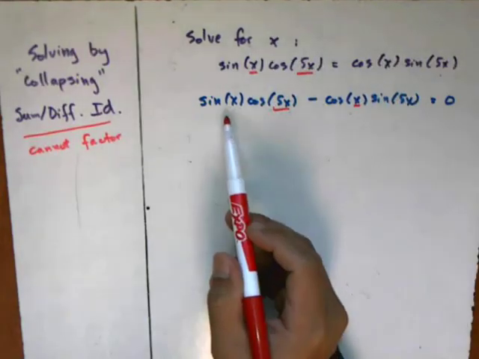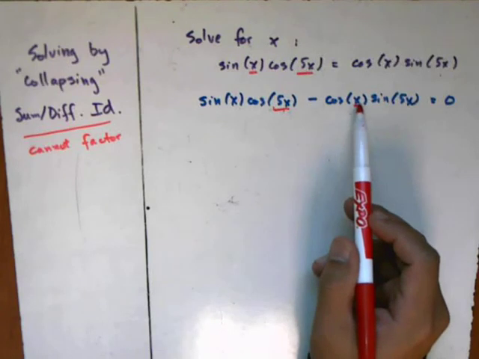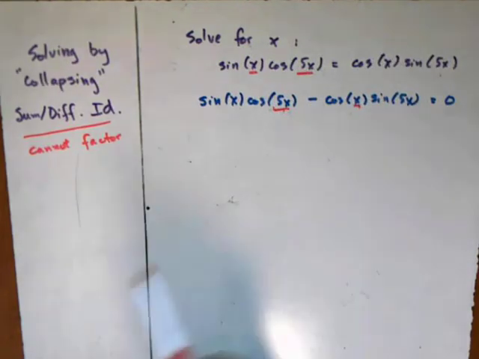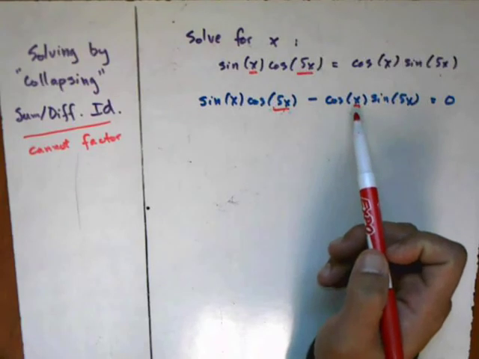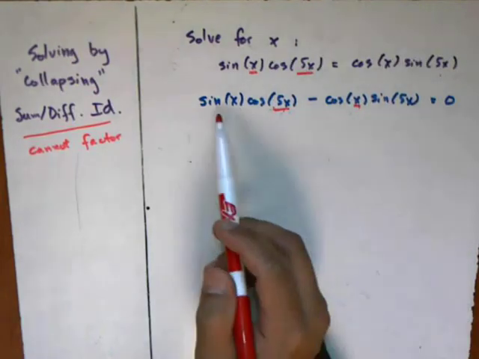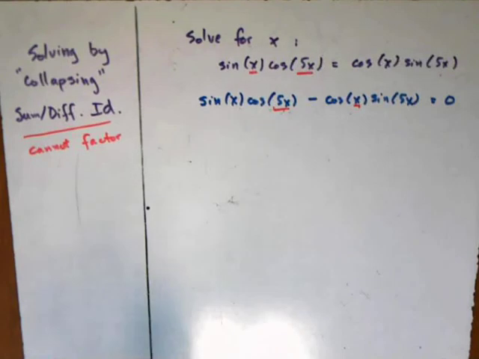because the trig functions are different and the statements inside of the inputs for those trig functions are different as well. Cosine 5x and cosine x are not the same thing, so we cannot factor them. Same thing, sine x and sine 5x are not the same thing, so we cannot factor them either. And you can probably guess from the note that I have here, we're going to solve this by somehow collapsing